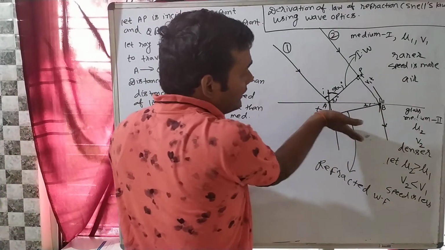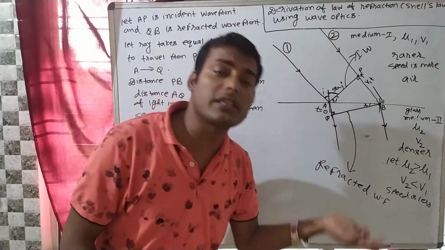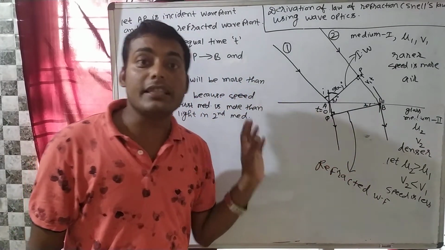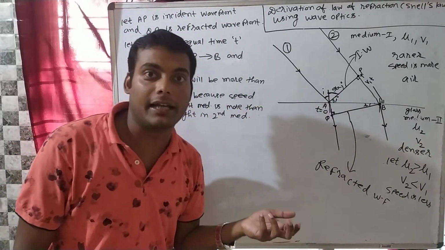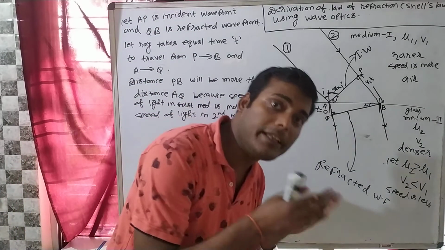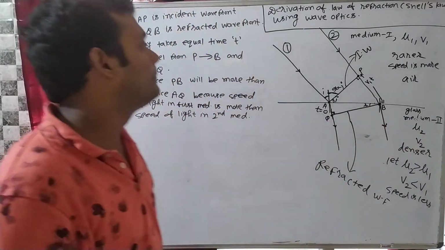That's why you can see bending phenomena. So why does bending phenomena happen? That means why refraction of light is happening due to the change in speed. This is the reason. If anyone asks you why refraction of light is occurring, what will you say? Due to the change in speed. That means when the light changes the medium, then its speed will also change. That's why light is bending.